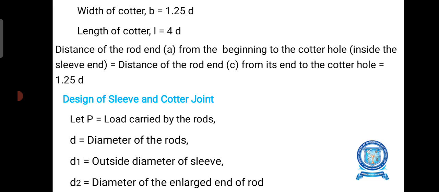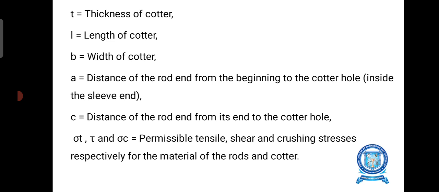Here let P equal to load carried by the rods. Small d equal to diameter of the rods. D1 equal to outside diameter of sleeve. Right. D2 equal to diameter of the enlarged end of rod. Small t equal to thickness of cotter. Okay. Then small l equal to length of the cotter. Small b equal to width of cotter. Small a equal to